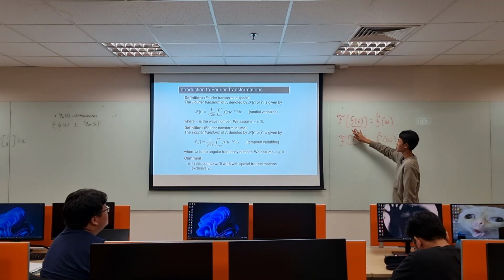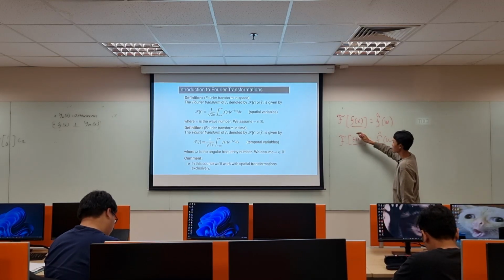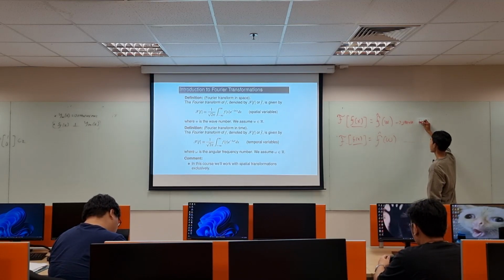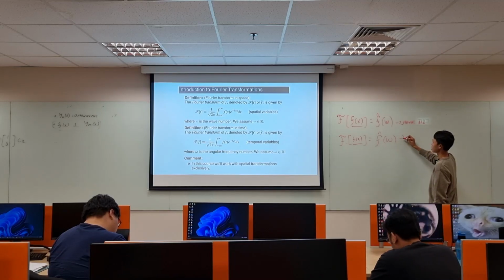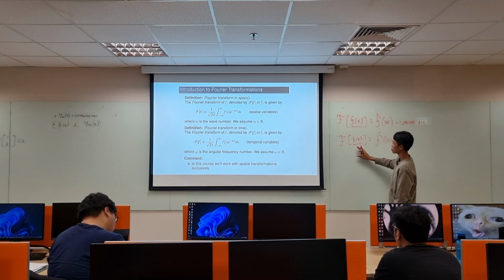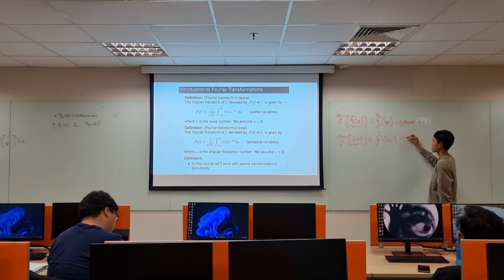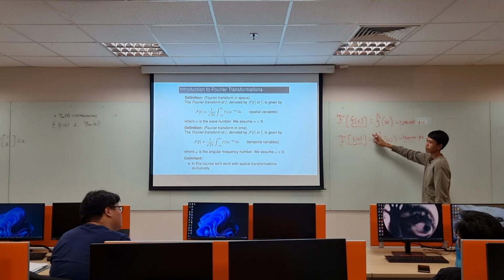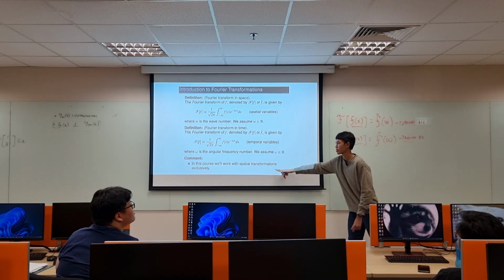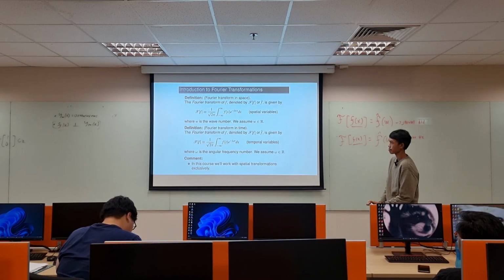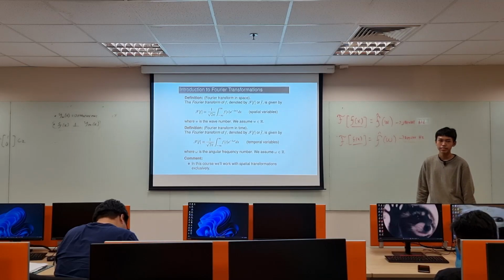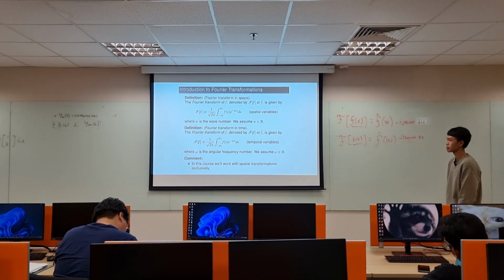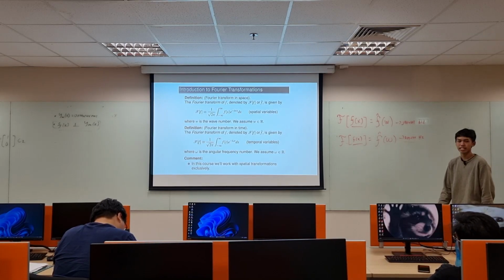This is the x space. We can get the spatial frequency. If we were to transform a time function, we get the angular frequency, in hertz. But I think for this class we only use f(x). In this course we will work on spatial. I think the method is the same, but to differ we use different notation.